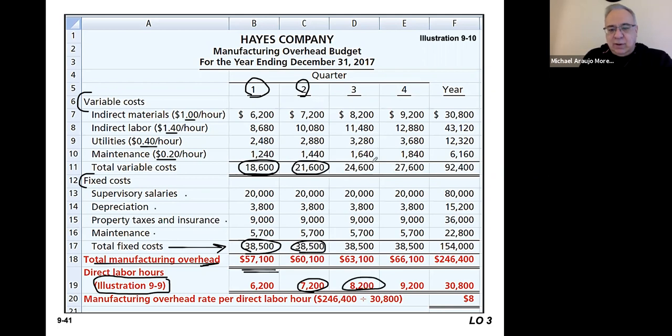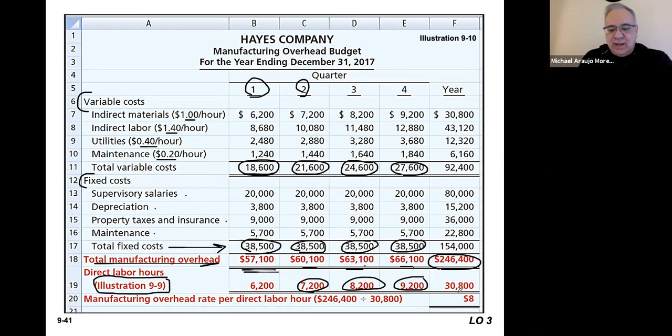That's going to calculate into higher variable costs, but fixed costs are going to stay the same for your total. And that very last quarter, we're using significantly more labor hours. Again, higher variable costs. Your fixed costs are steady for total manufacturing overhead. So these totals here for each of the quarters would be added up to